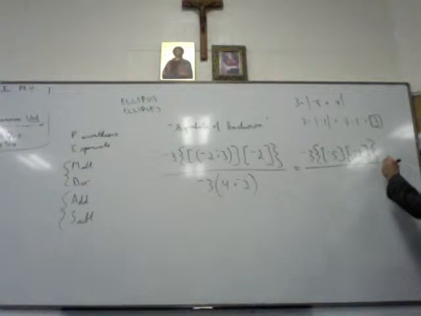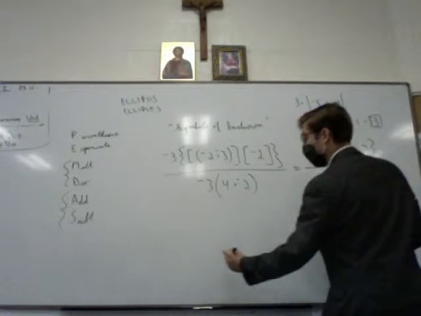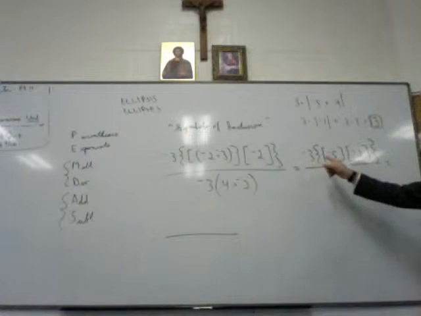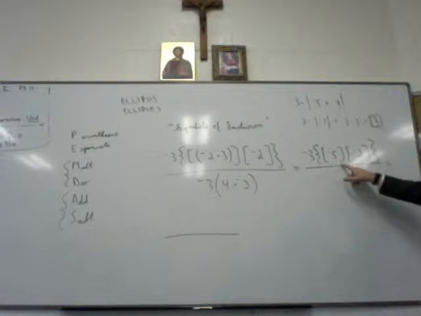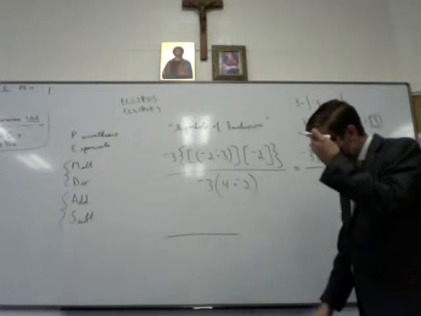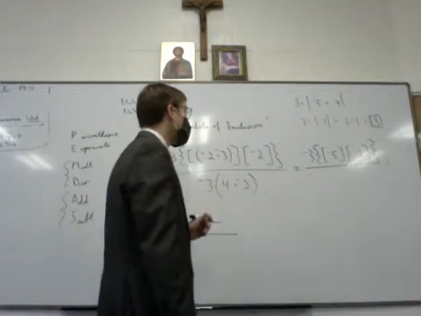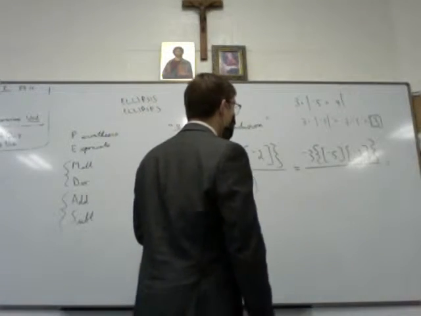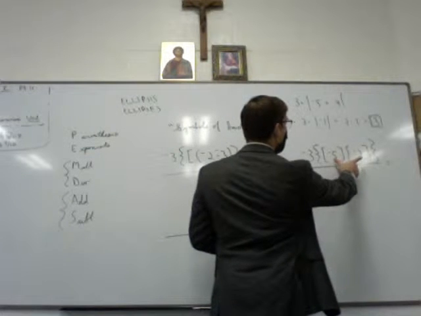Now what are we going to do on the top? Let's keep going on the top. What am I going to get next? So we've got negative 3, curly bracket, square bracket, negative 5, square bracket, negative 2, square bracket, curly bracket. What do we get? Negative 10. Oh, yeah, 10. Where do we get 10? Negative 2 times negative 5. Right, we do negative 2 times negative 5 because we're inside the parentheses now.